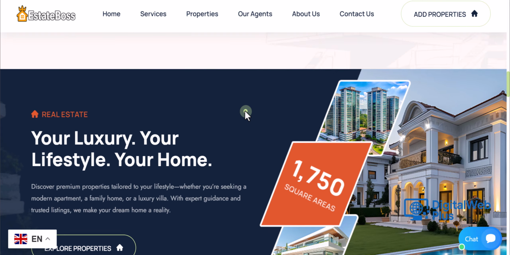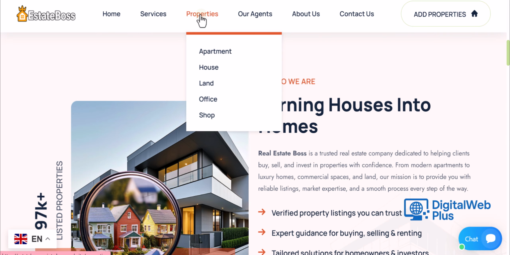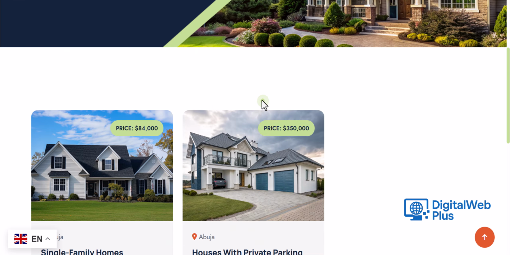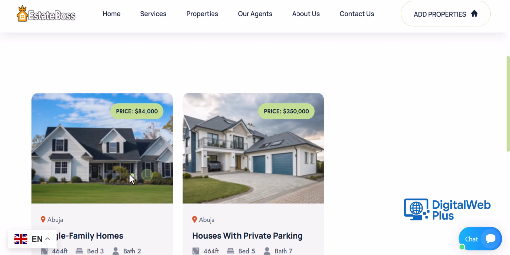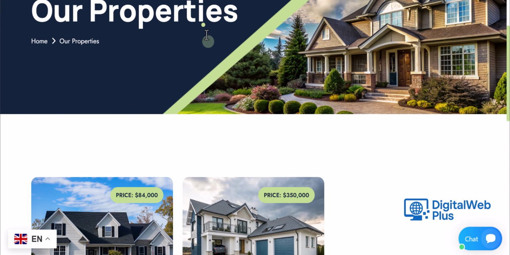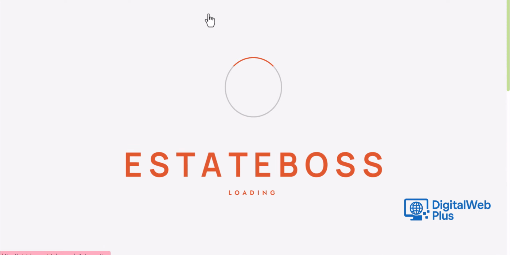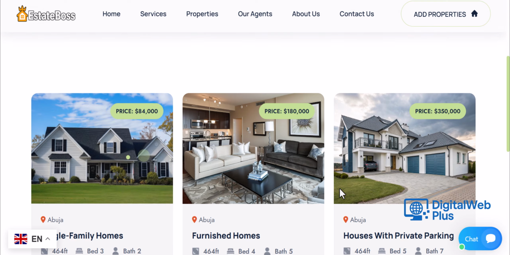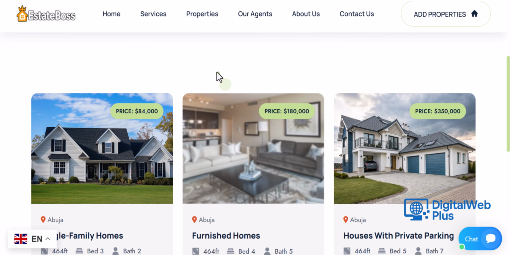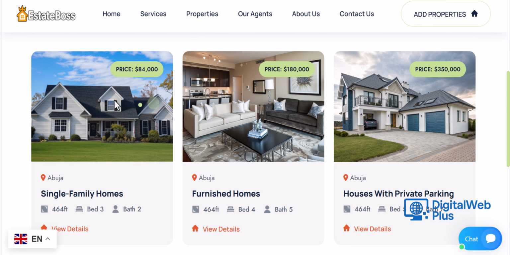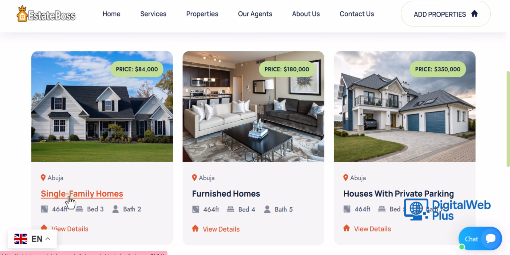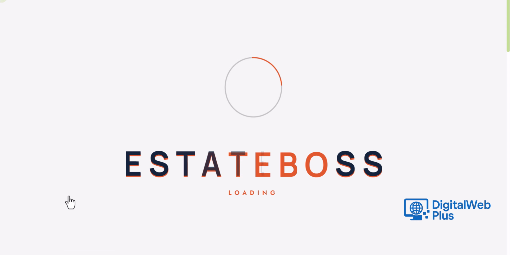So let me show you the properties. Let's come to properties. Let's click on apartment. You can see the properties that are under the apartment category. But if you click on properties, just properties, it shows you the list of all the properties. So let's check one of the properties. Let's check this particular one. When you click on the property,